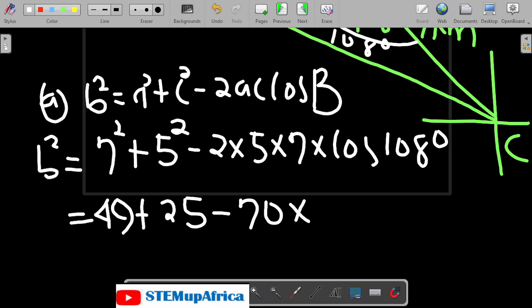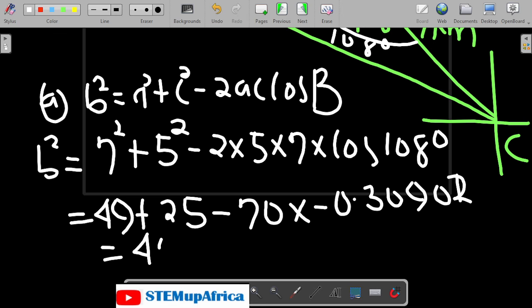That will give us minus 0.30901. So I'm having 49 plus 25 plus